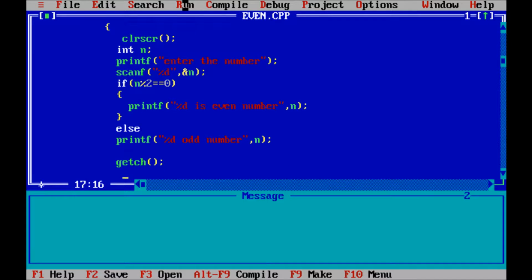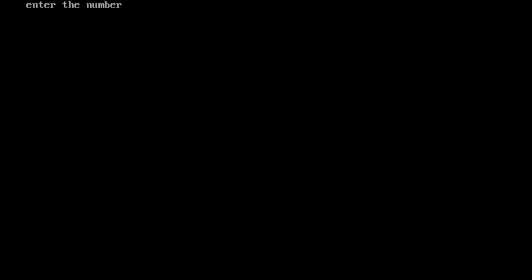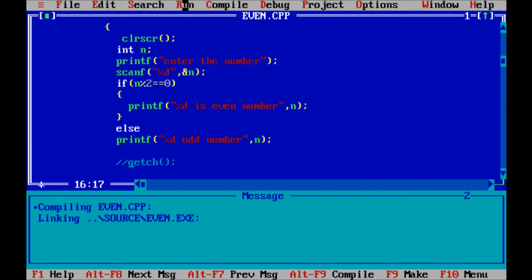Now next is the getch function. If you mark it as a comment and run the program, now I'm going to enter 8. So that is displayed. But here the getch function is used to take one character from the keyboard.